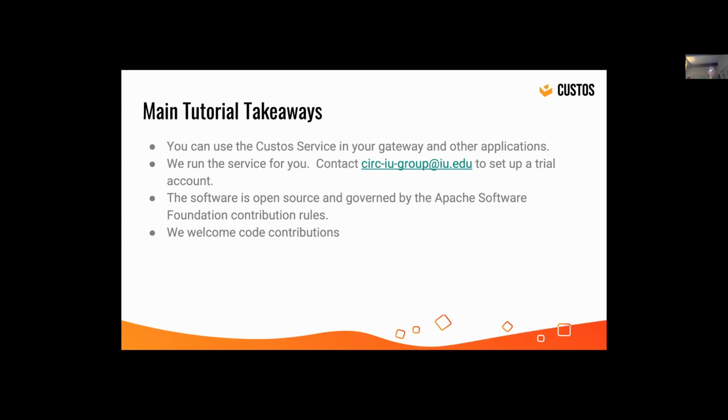Wrapping it up here, the main tutorial takeaways are the following. You can use the Custos service in your gateway and in other applications. It has an API defined in both gRPC and REST, and you can integrate this with lots of different downstream applications. They don't just have to be conventional web applications. And we run the service for you. So if you'd like to try this out, contact us. So our contact information is in